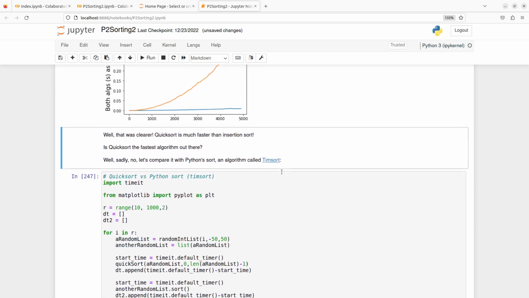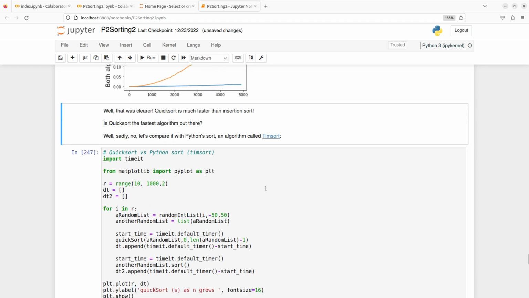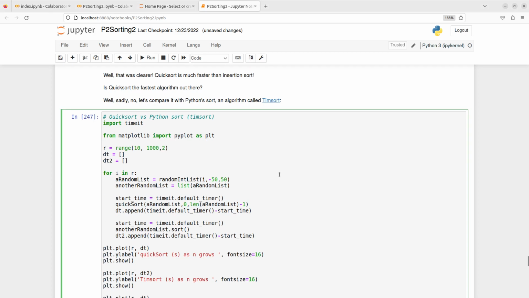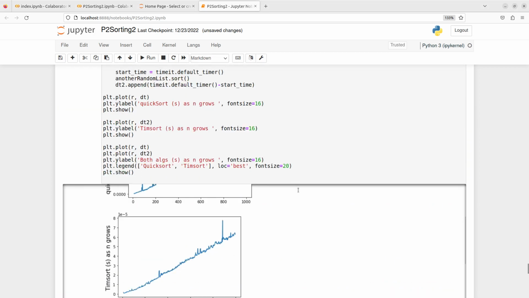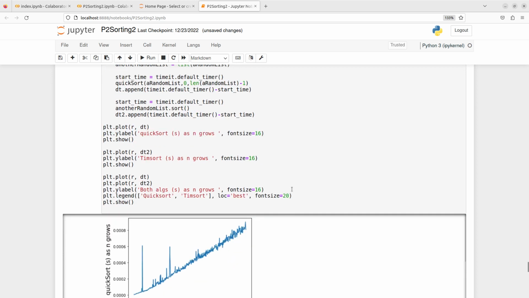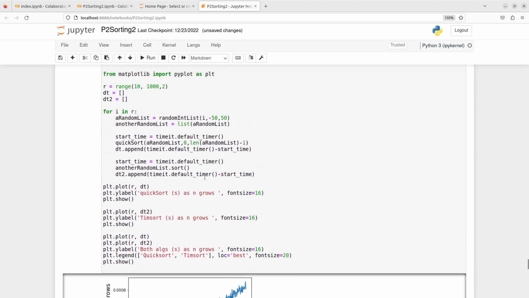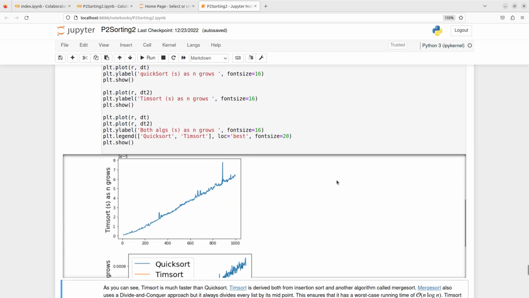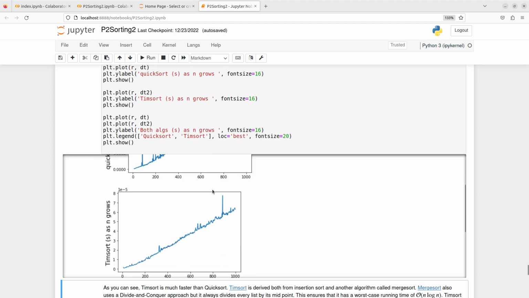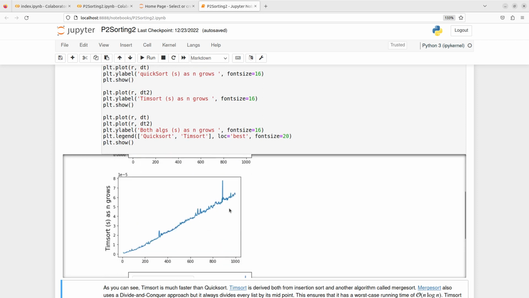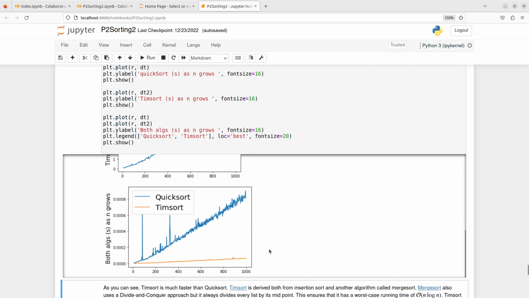Am I done? Is this the fastest sorting algorithm that I will ever see? Well, no. Especially if you go specific enough, you're always going to see many more sorting algorithms that can be faster. Let me compare quicksort to Timsort, this built-in Python sorting algorithm. I will see that quicksort was fast. Timsort is also fast, and when I compared the two of them, I realized that Timsort is much faster than